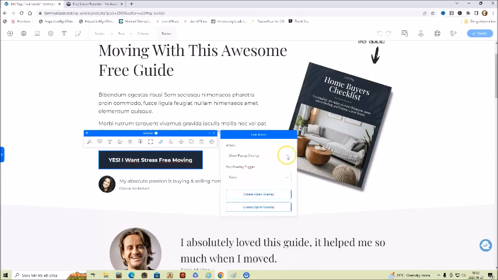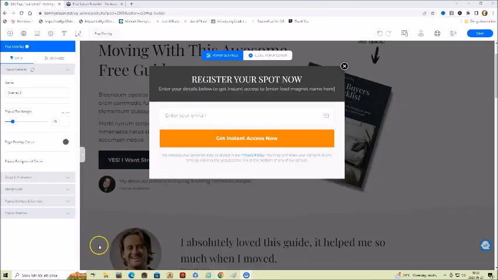You can create an opt-in overlay like that, clicking there. Here's a pop-up you can have showing, and so on. And here are the settings: animation, background, pop-up border and so on.